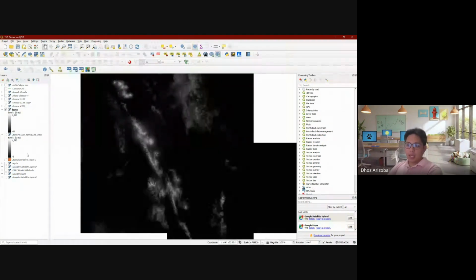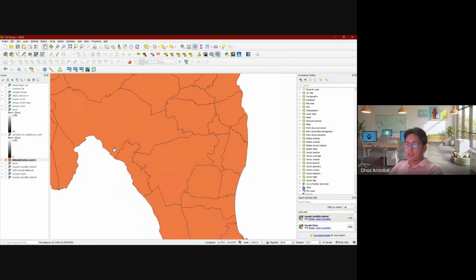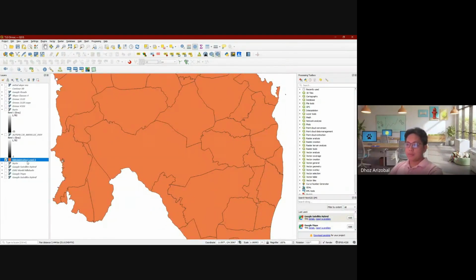Let's say I want to find Ormoc. You load your admin map and then find Ormoc, which is this one. This is already an admin-based map, which you've handled in exercise one.